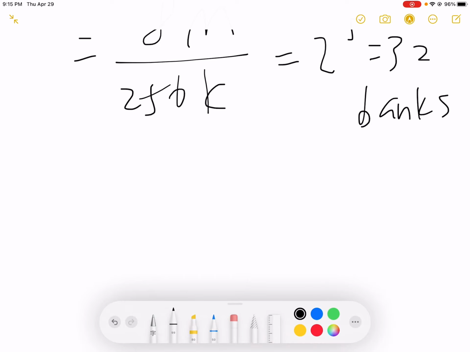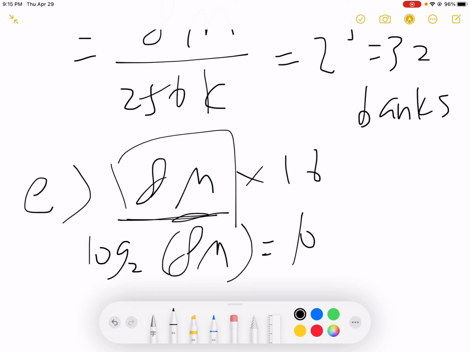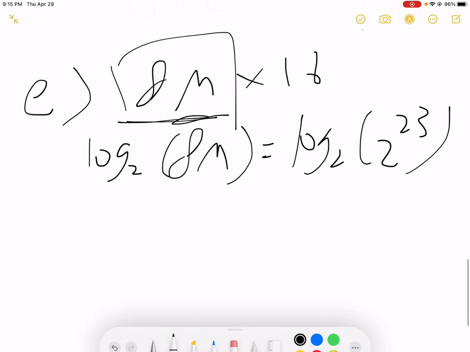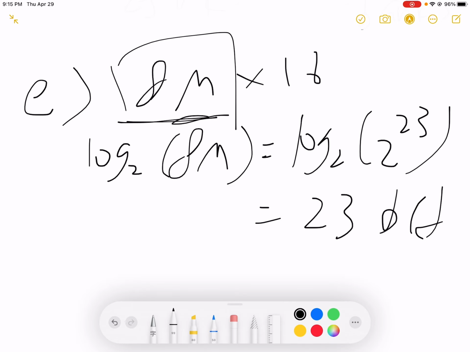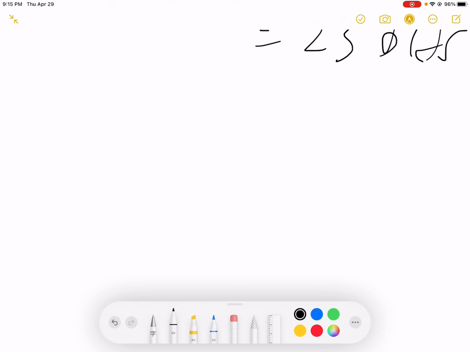And for E, again, it's asking for the address bits. So we solve it the same way that we solved for C, using the addressable size for main memory, 8M times 16. This is the part we need to focus on. So we take the log base 2 of 8 megabytes, which is log of 2 to the 23rd power, which is 23. So the address bits are 23. And then for F,